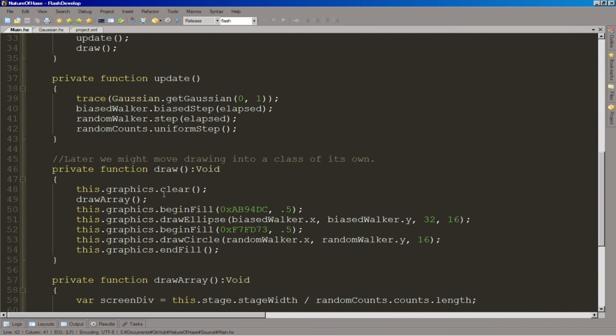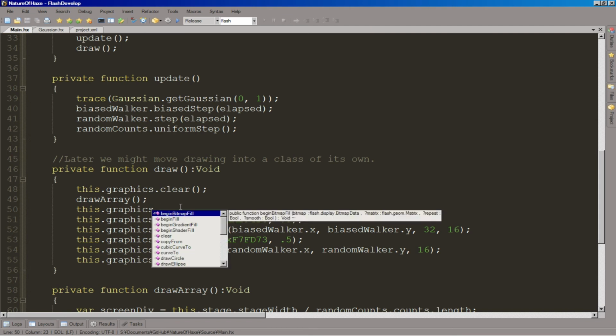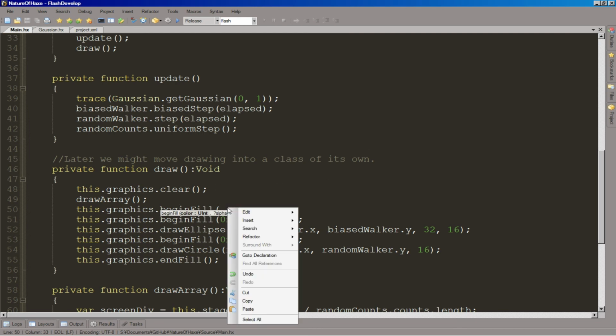How should we do this? Yeah, I think just inside of our draw, we'll say this graphics begin fill, and let's say our color is, let's see,